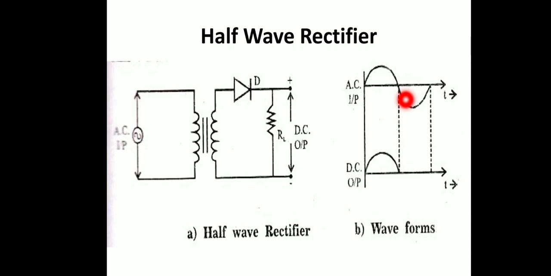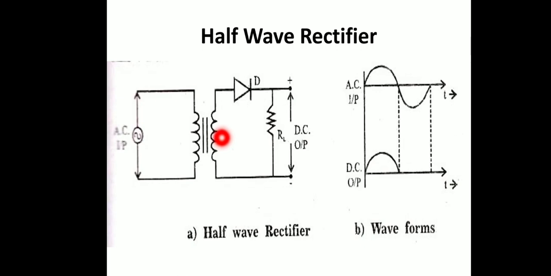When AC voltage or AC current is applied across the PN junction diode during the positive half cycle, here is the positive terminal and here is the negative. During the positive half cycle, the diode is forward biased and allows electric current to flow through this diode from here to there. So you can draw in your notebook an arrow in that form, which means this is the forward direction.